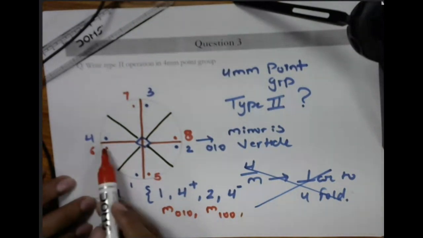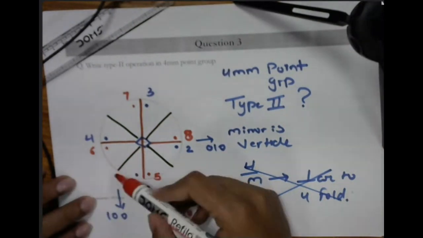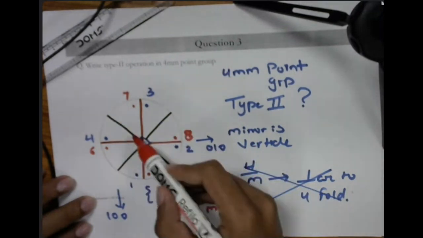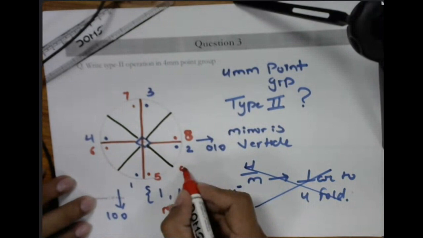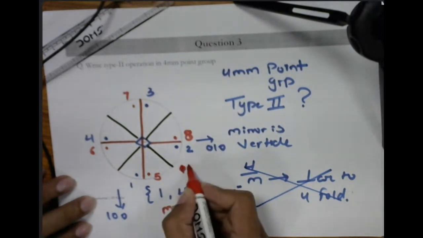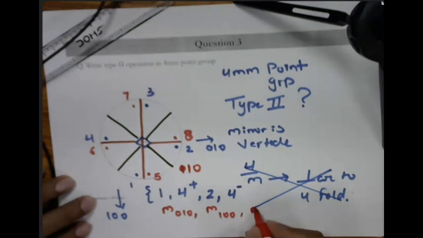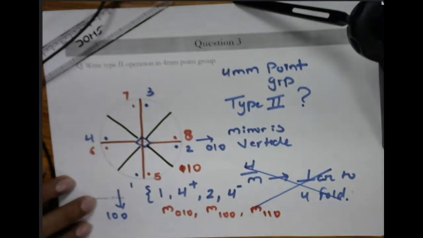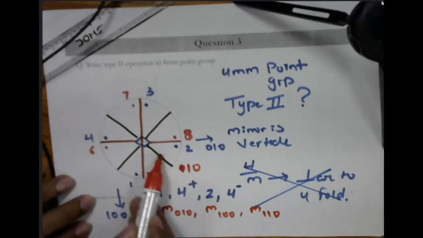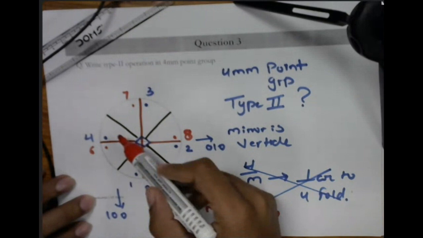We will get this by this particular mirror. This particular mirror is perpendicular to this particular direction, which is the 1 1 0. So mirror along 1 1 0, and for the remaining points, point number 2, we will get it along this particular mirror which is perpendicular to this particular direction,